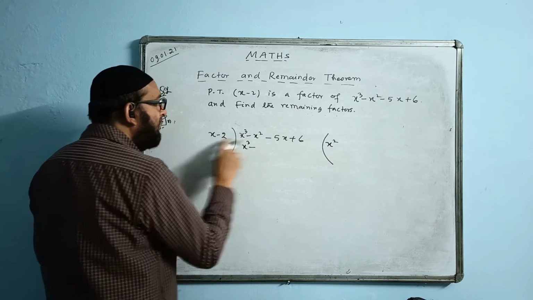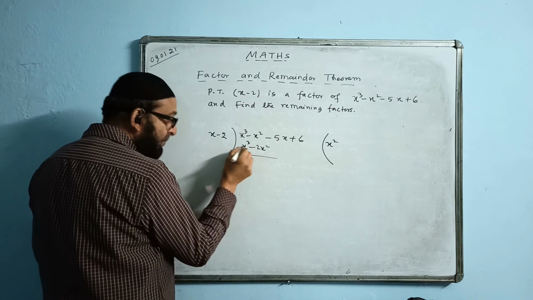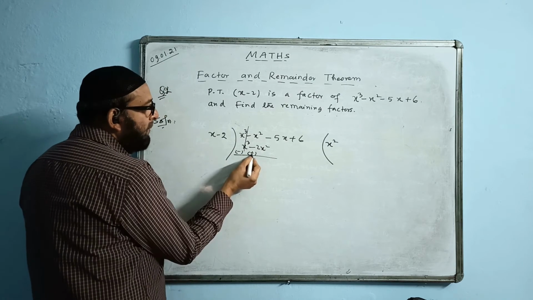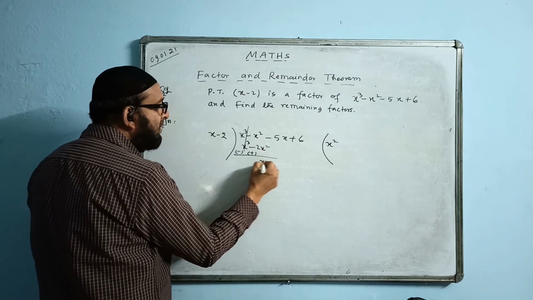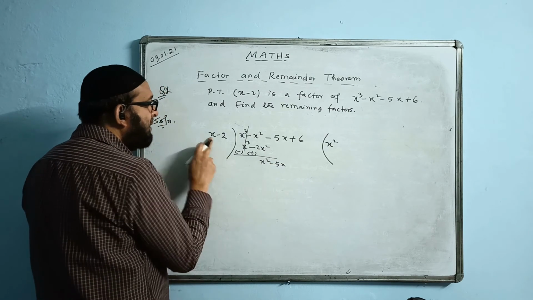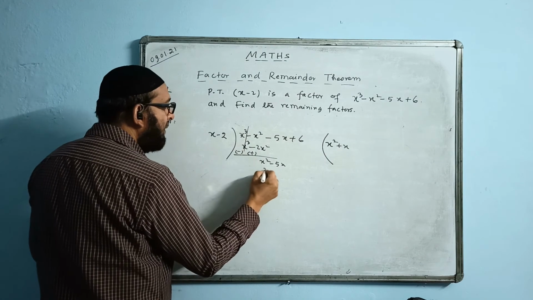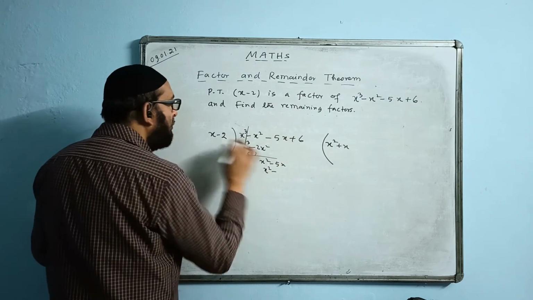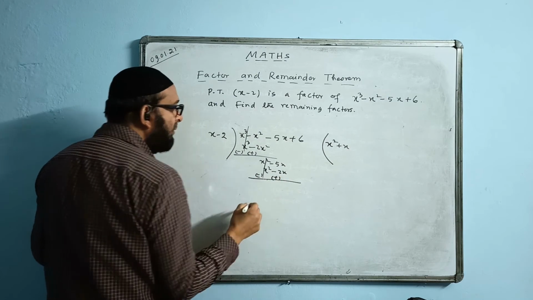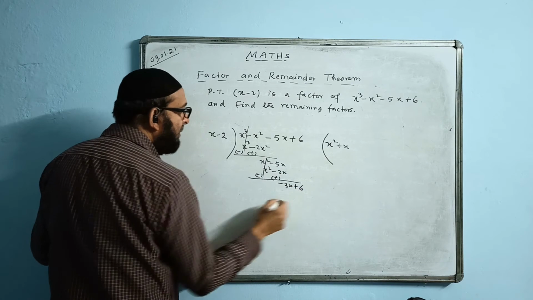Minus x square, into 2 also will multiply. Get 2x square. Change the sign. I mean you are subtracting this one. That is, change the sign. This will cancel. Plus 2x square minus x square equals x square. Minus 5x will copy. x and x square, it will go by x times. X into this I multiply, become x square. X into 2 will become 2x. Change the sign, cancel the first one. Minus 5x plus 2x gives us a minus 3x plus 6.